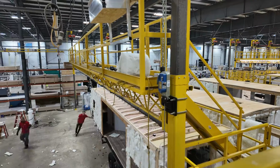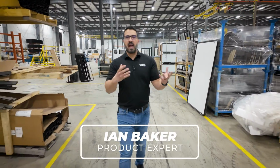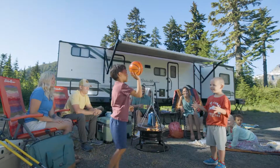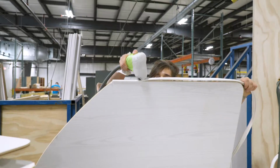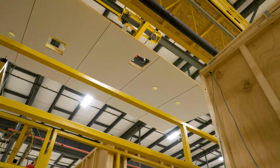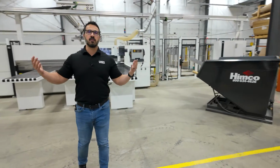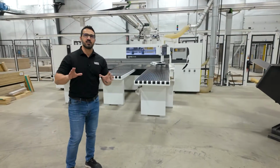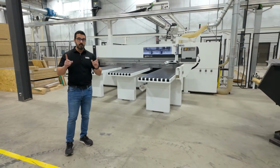Let's check out how the production differentiates these RVs and how Heartland is upholding the values of Eddie Bauer in their manufacturing process. So how do you make an RV with fewer defects that lasts longer and with efficient and sustainable processes that ensure it's still affordable? For the Eddie Bauer facility, this required innovation and technology that improves upon some long-held RV building practices, primarily with